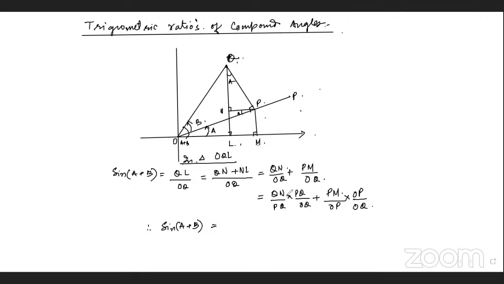What is that equal to? QN upon PQ is equal to what? In triangle, which triangle? This triangle, I am putting a dot here. In triangle QNP, QN upon QP is equal to what? Base upon hypotenuse, that is cos A. And PQ upon OQ, PQ in which triangle? OPQ, PQ upon OQ, that is sin B,